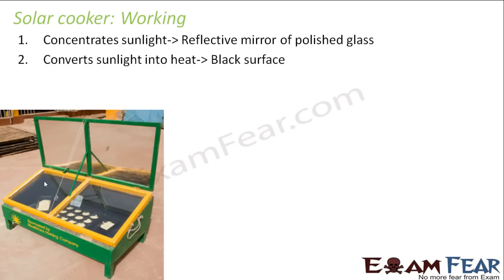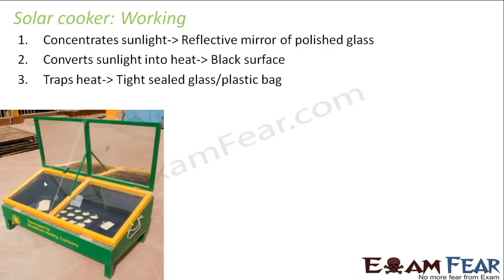So similarly here we want that more and more heat should be present inside the solar cooker. So for that, firstly we have made the arrangement of glass so that it can focus or concentrate more sunlight to enter the solar cooker. Now once the sunlight goes inside, the black surface will absorb more and more heat. Now the third step is that it traps heat. So the heat gets trapped. The heat can enter, but the heat cannot come out.